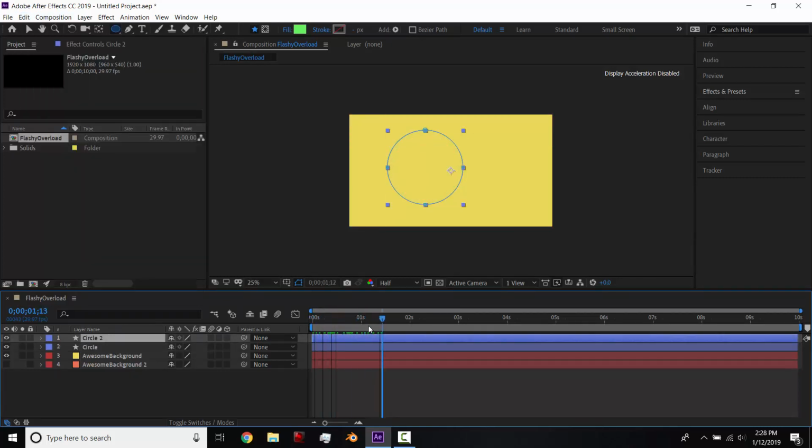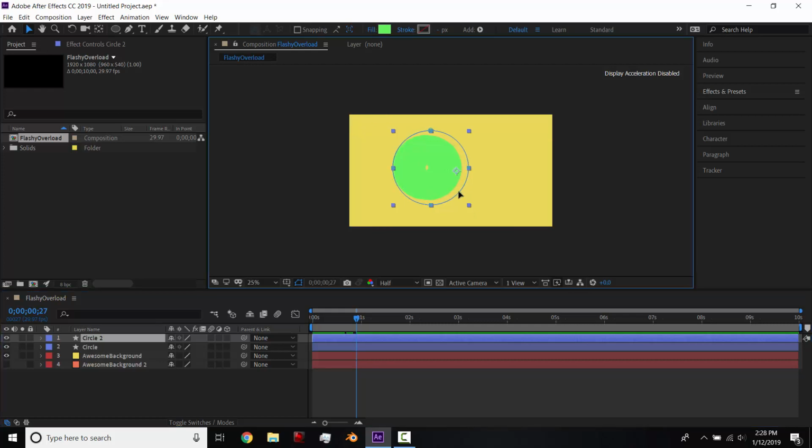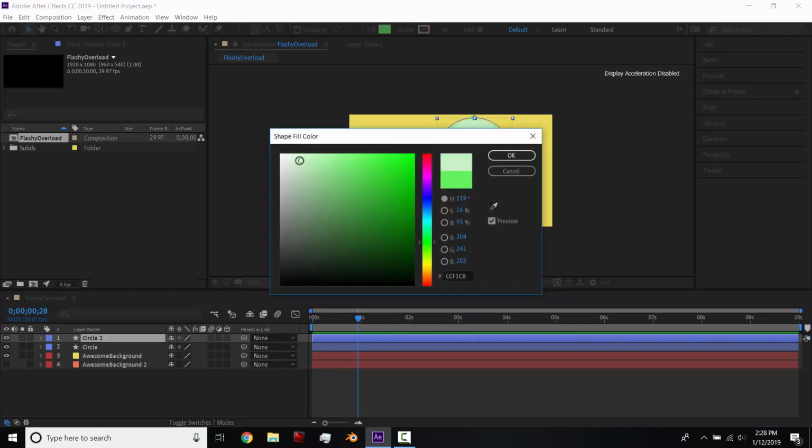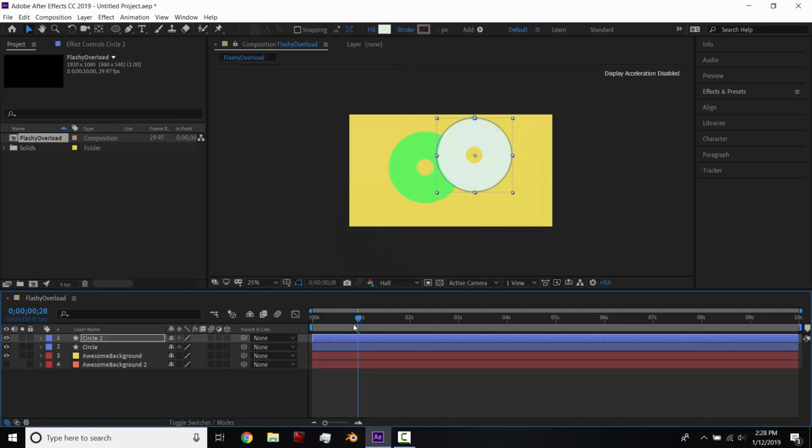But now I have two doing the same thing, so I'm going to select the top one and then hit V to go to my mouse tool and just move it over. And now we have two doing different ones. I could change the color by clicking this layer and maybe making this one white. Clicking the layer, and then if you click the fill color. So now we have